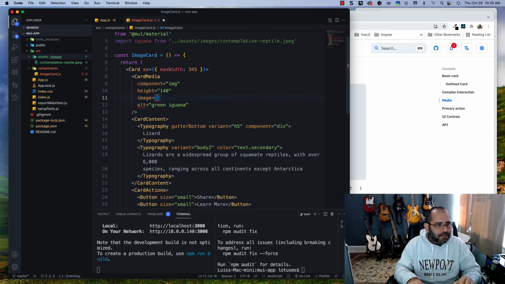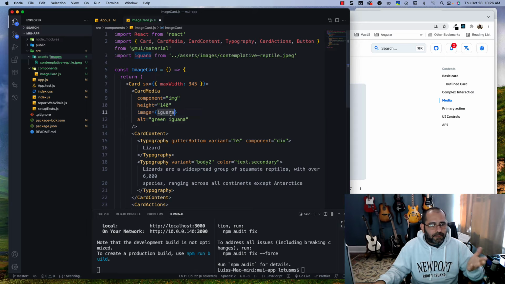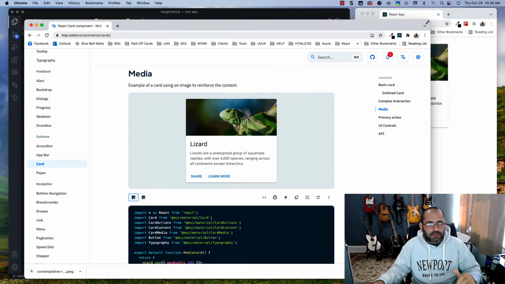and in between square brackets, I'm going to put iguana, because what I'm doing is injecting a reference to this import. This is why you see the square brackets. I'm telling it, hey, put in here whatever is being imported here, and then it's going to go fetch it here, and that's how it basically travels all the way over here. Okay, so if I hit save, now I should be able to see